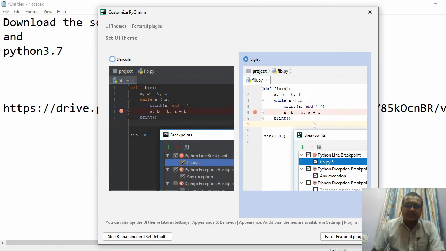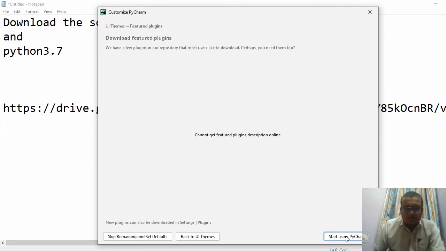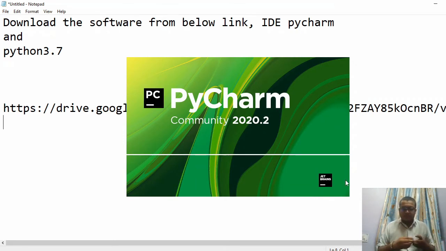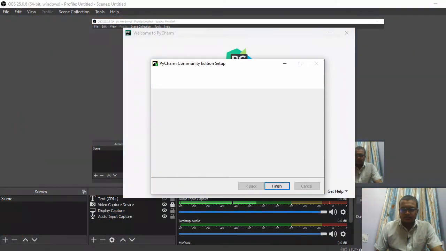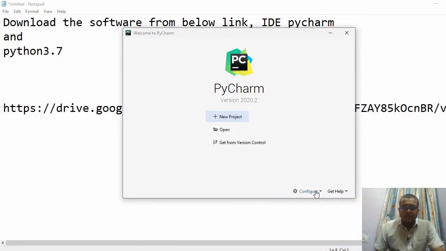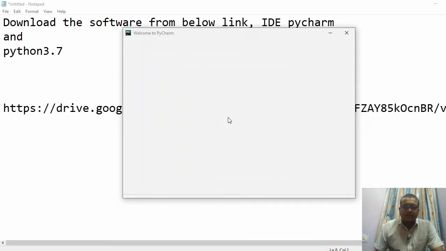Okay, you can select a theme. It can be white or black, with respect to your preference. Next, you can go for start using PyCharm. You can go for a new project here.